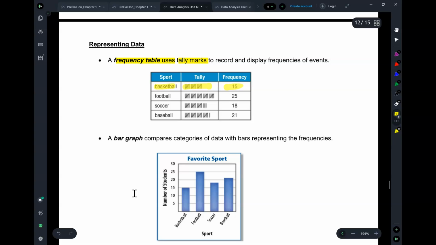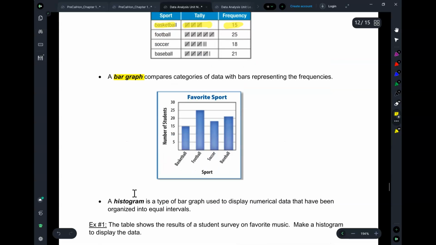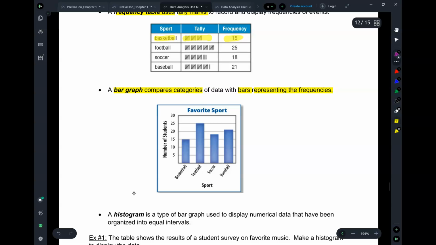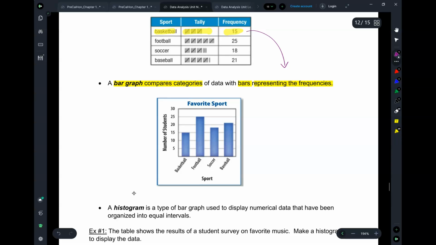A second way is a bar graph, and it compares categories of data with bars representing the frequencies. So basically, it's these frequencies that would be represented in the bar graph, okay? So like we talked about here, there were 15 people who were playing basketball, right? So here you have basketball. This axis has the number of students that are playing it, and then you can see, there are 15